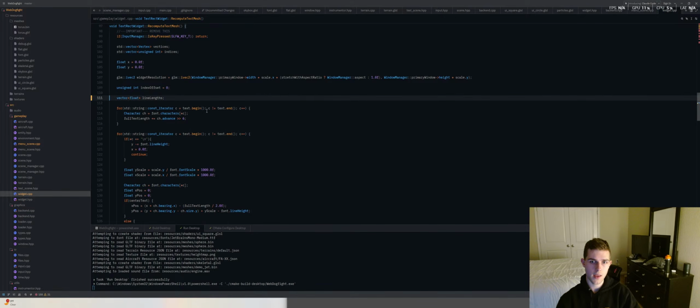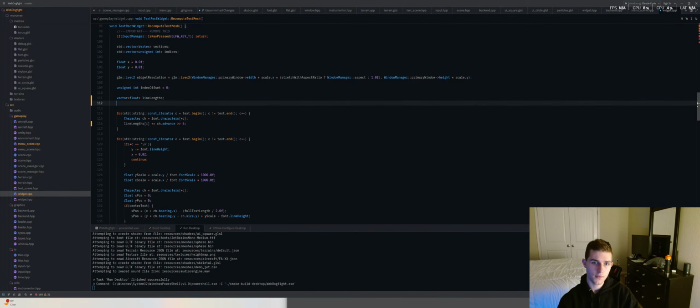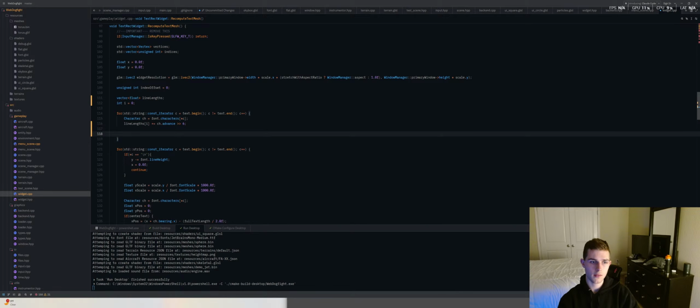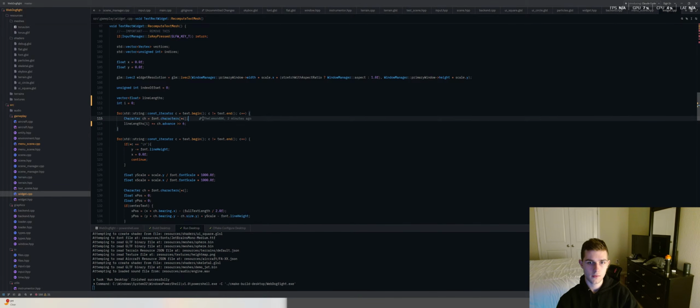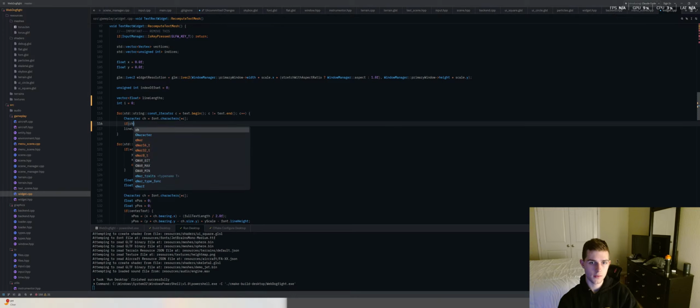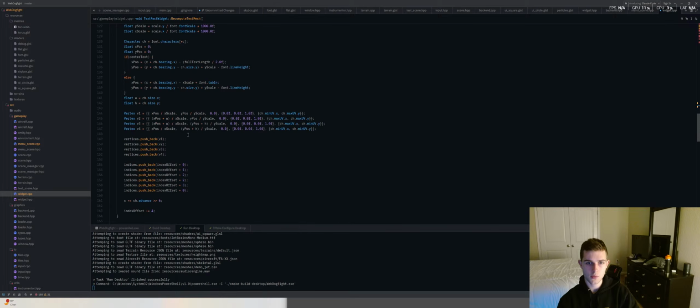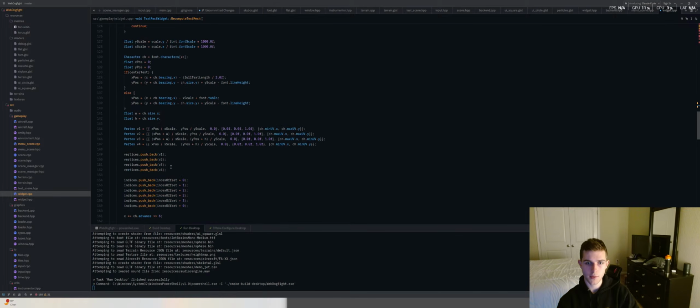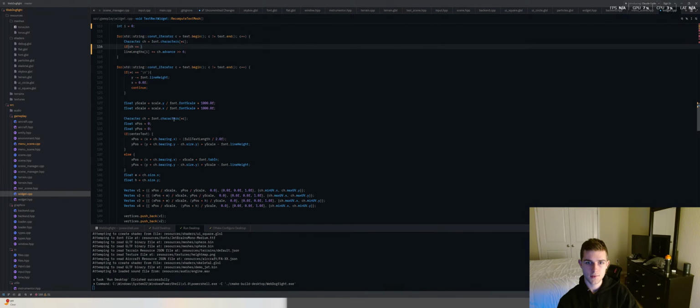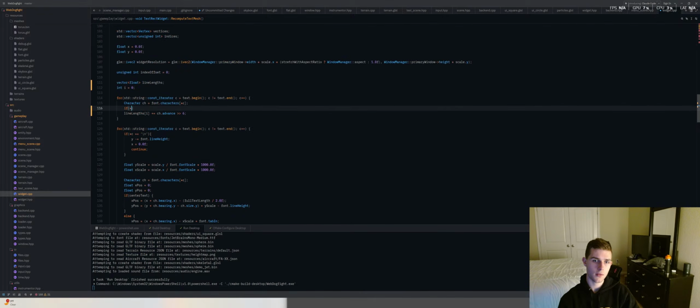Int i equals 0, plus equals 6. If ch is equal to what? There's a way we can check for that. We were doing it earlier. Oh wait, if this is equal to new line,